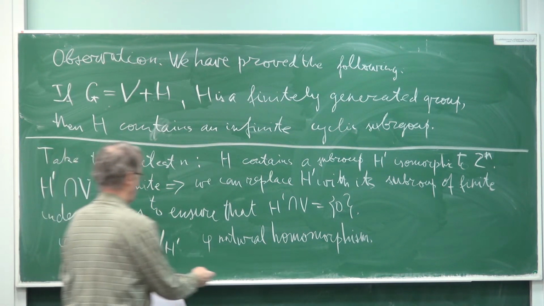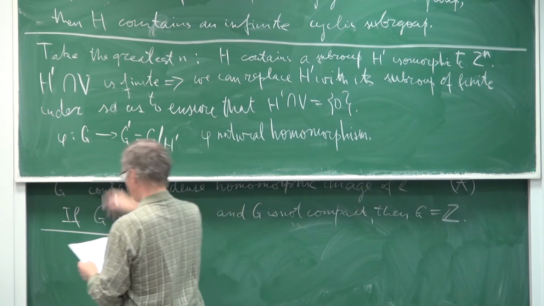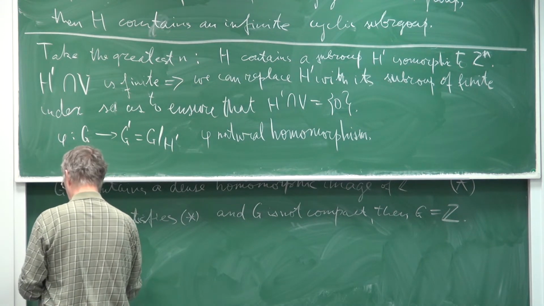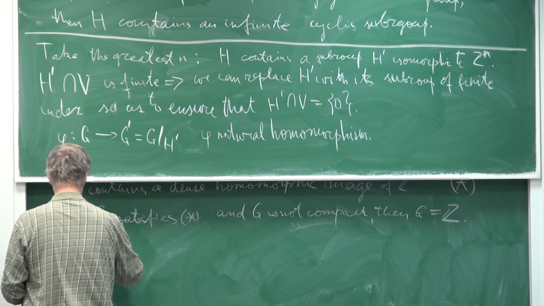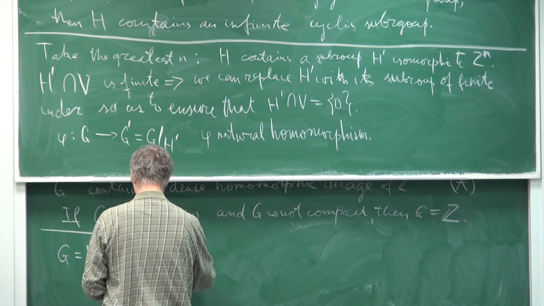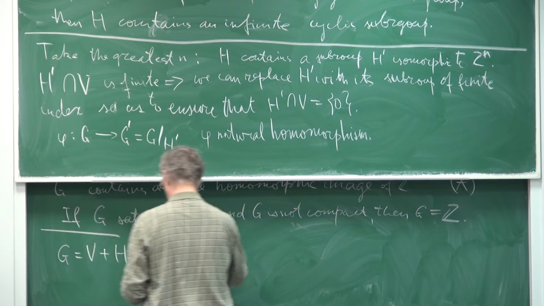Then simply apply this phi. So G is equal to V plus H implies that phi of G, this quotient group G prime, is equal to phi of